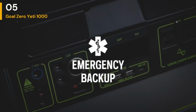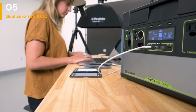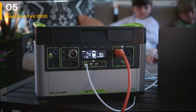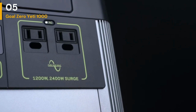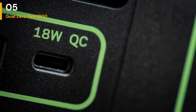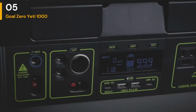The 1000 Core's solar charging time is basically glacial, easily requiring a full day of sunlight unless you're willing to come at the problem with a more sweeping, and expensive, set of solar panels. The 1000 Core only has a single solar input, so low-wattage solar panels like a solo 100 watt will creep the power in. Stepping up to a 300 watt panel, which takes advantage of the 1000 Core's full 300W input capacity, will speed up the charge time to around 4 hours, which is more or less in line with its competition, but that